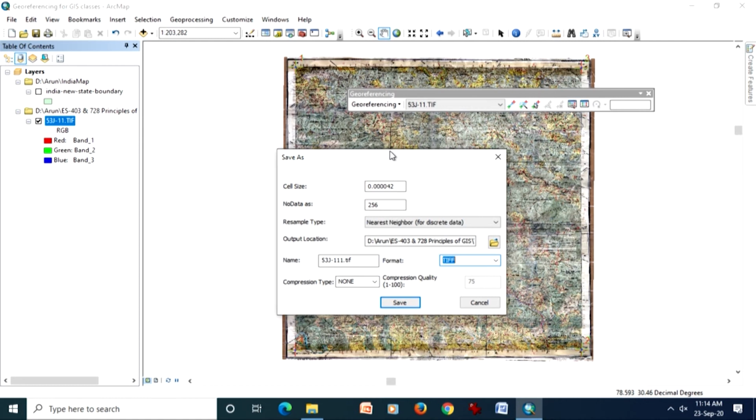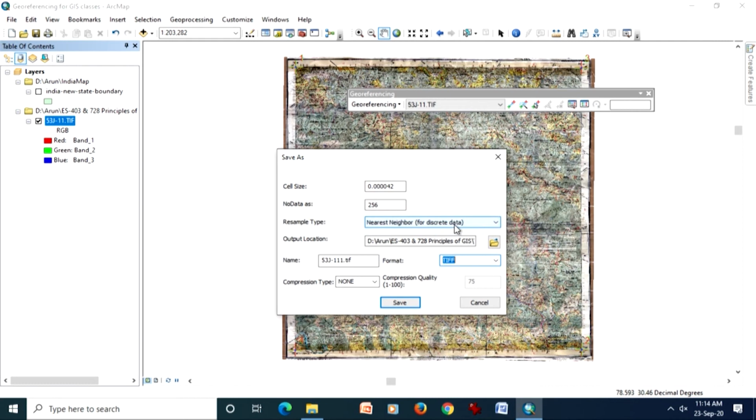But if you want more accurate georeferencing, then you can collect a few more points, but especially one should collect in the center. Corner points have already been selected, so it would be better if you select in the center, which will take a lot of time. So I have just chosen first order polynomial.